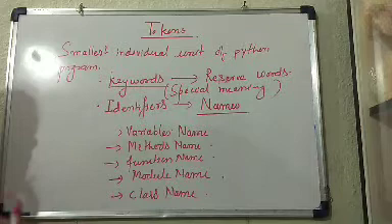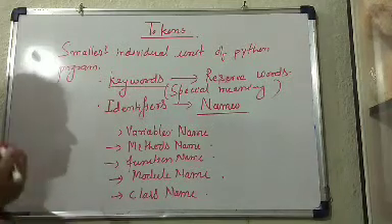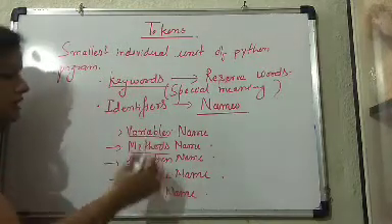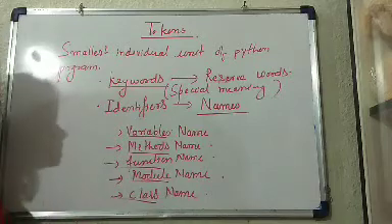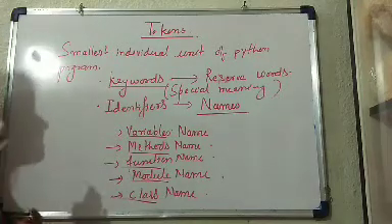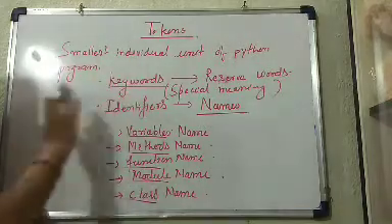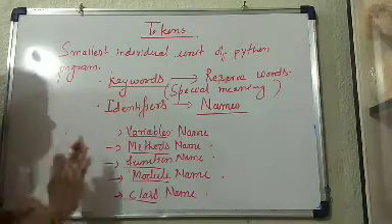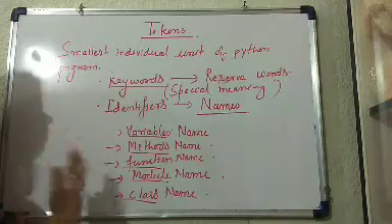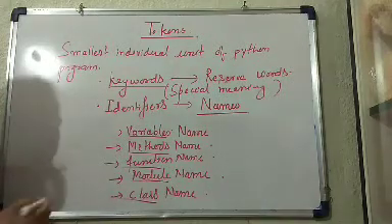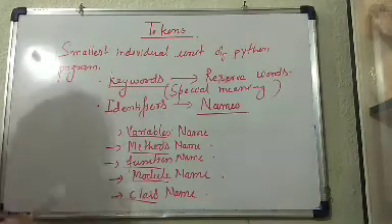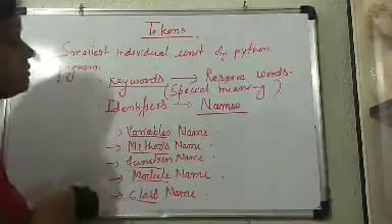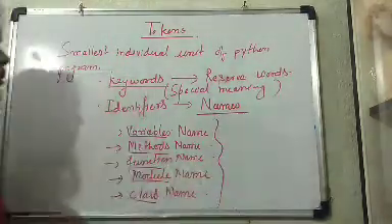So whenever we give a name to variables, as later on you will come to know what a variable is, still you are not familiar with variables, methods, functions, modules and classes, but just know they are the entities, the people living in this Python world, and the names they have are provided by the user, and those names are called identifiers, right? So here we have a specific identifier naming convention. Now let us see how you can give names to these identifiers.